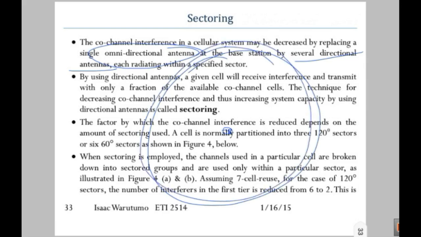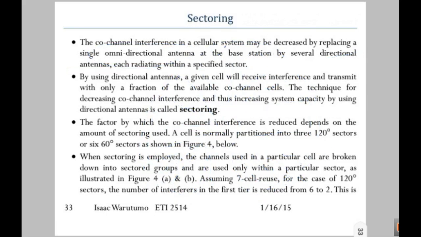cell from the center, we stop using an omnidirectional antenna and split this cell into sectors or sectored directional antennas that serves in this side, another antenna serves that side of the cell, and this other side of the cell. By using directional antennas, a given cell will receive interference and transmit with only a fraction of the available cochannel cells. The technique for decreasing cochannel interference and thus increasing the system capacity by using directional antennas is the one